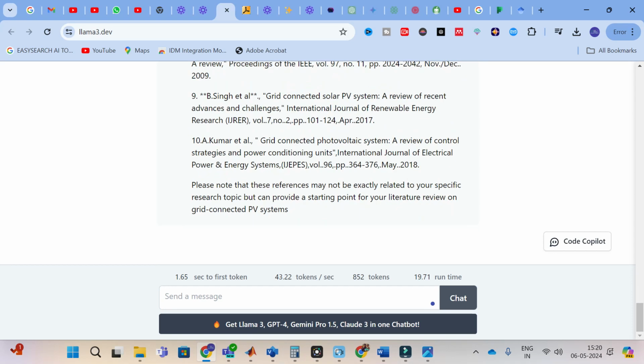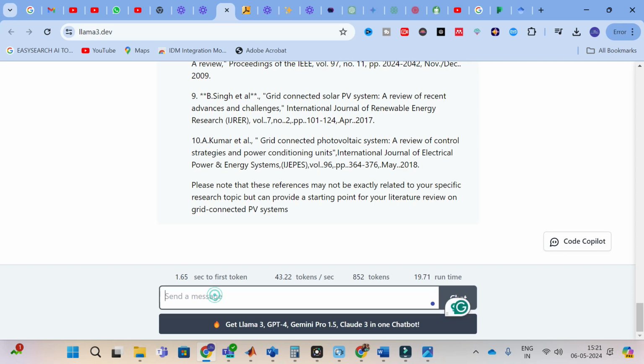With this kind of chatbot, not all the references generated will be true. So always be careful and check the references generated by any chatbot. In this case, it is showing it is correct, but many times it may fail to generate perfect, that is true, references for your research paper. So always please check that once also.